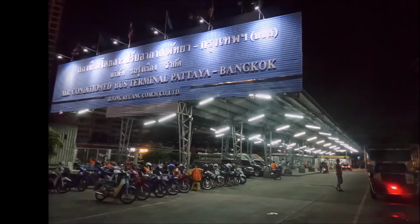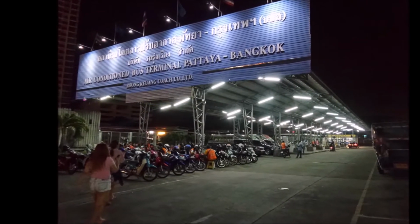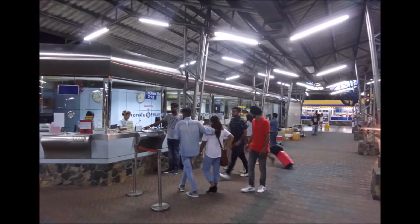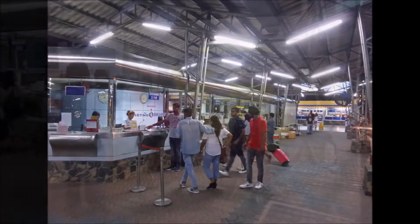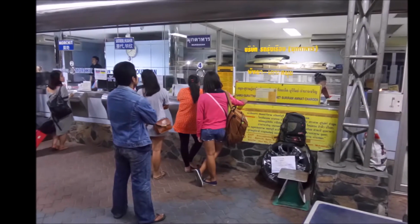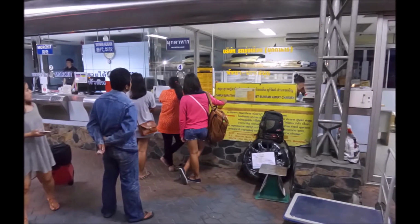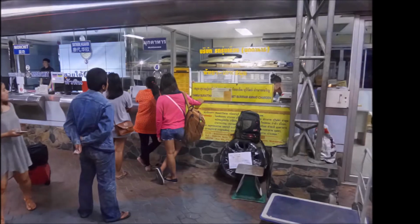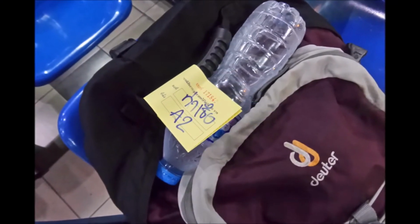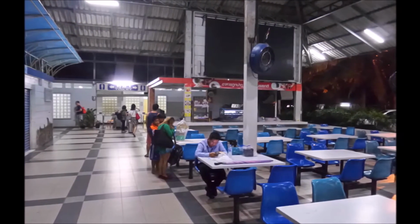You catch the bus at the North Pattaya bus station, which is down near Sukhumvit Road, and you walk past this counter here and you go to the little yellow VIP bus counter, and this is it here. It's got the little yellow markings, little signs there, and yeah, you get your ticket and just basically wait for your bus to come. It arrives at 8:30 at night,